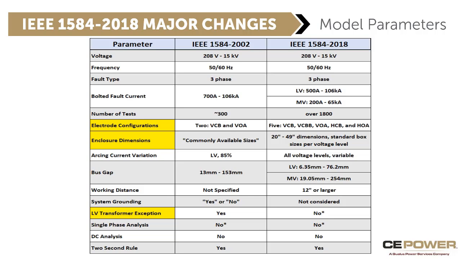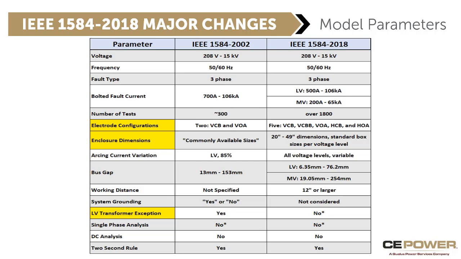Voltage fault current range changed a little, but not really. Still the same ranges. They looked at it at voltages now, but not a big change. Number of tests, as we've already talked about, big increase from around 300 to over 1,800. Electrode configurations, we'll talk a lot about this one, but in the 2002, they looked at 2, now they've looked